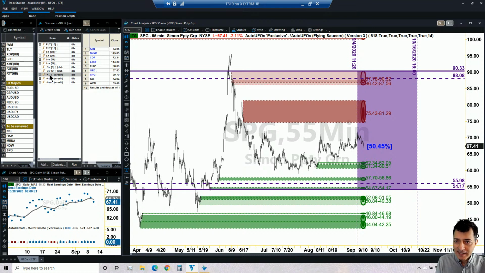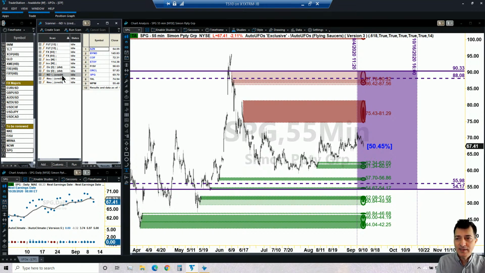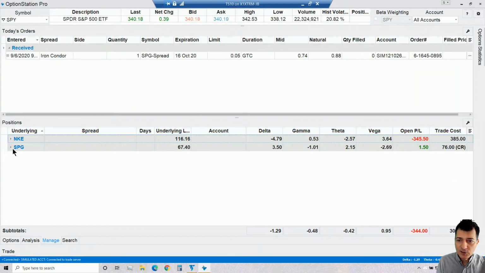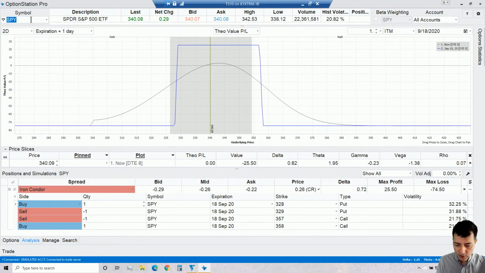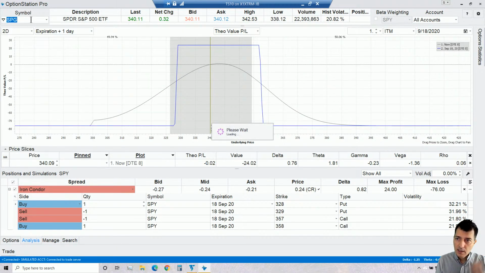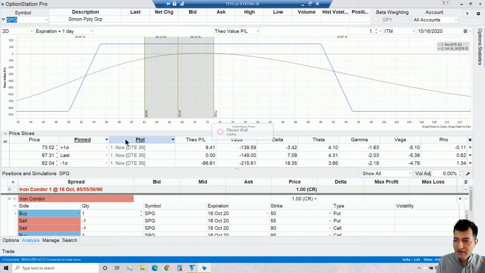Cool. So let's begin. Okay, we're going to start with non-directional trades. Again, volatility is high in the market, so it's a good place to start. And by the way, the last comment about review, the SPG trade, which is currently making $1.50. By the way, I did this trade using market price, which is a much worse price than what you would get in a normal case. Okay, so if I was to look, I believe, at the premium we had available when we did this trade,